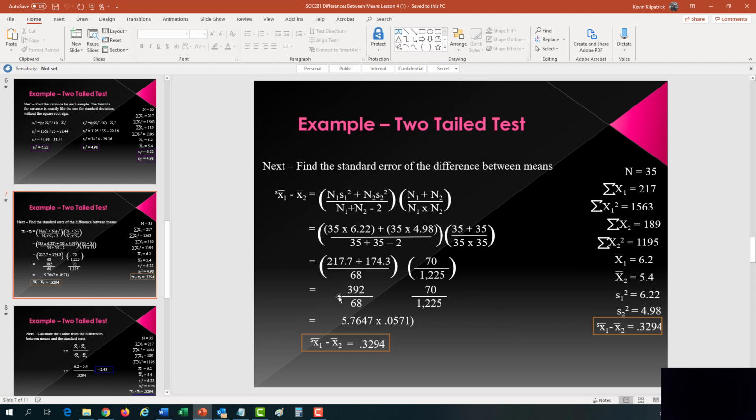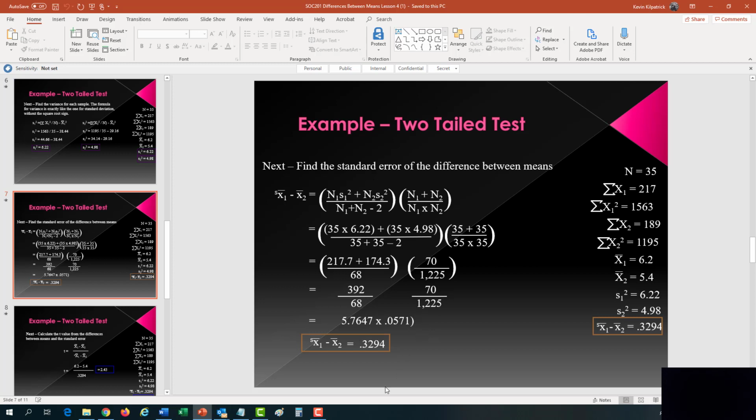And then we just go down to the next step. If we add these two numbers, we get 392 divided by 68, and we just pull this whole thing down, 70 divided by 1225. So if we divide 392 divided by 68, we get 5.7647. And 70 divided by 1225 is 0.0571. And if we multiply these two numbers together, then we will get the standard error, which comes out after all of this